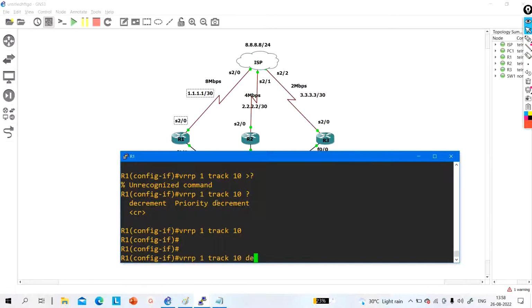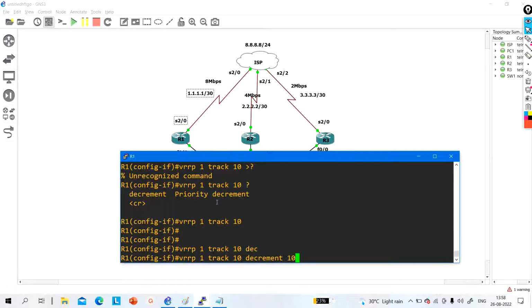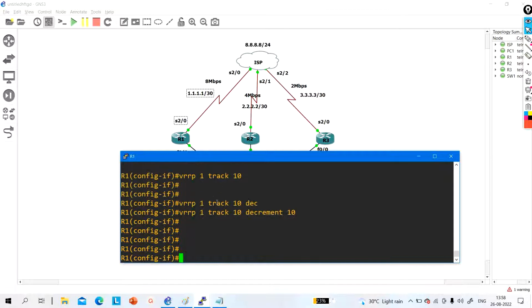and decrement when track goes down, then priority will be decremented by 10. Okay, priority will be decremented by 10 whenever track goes down. After that,